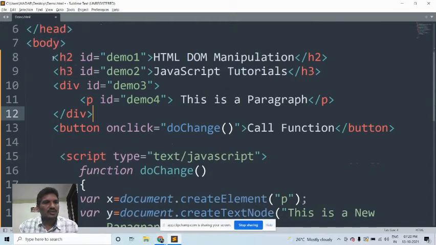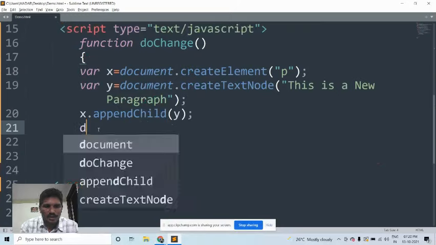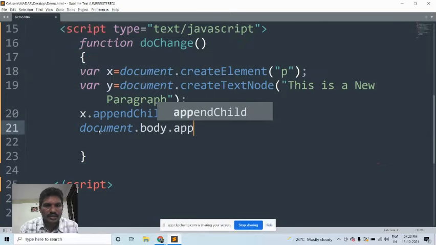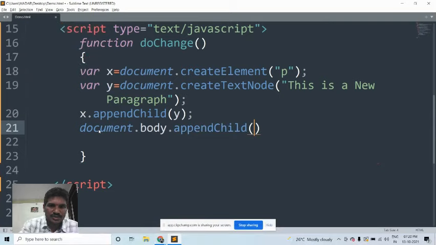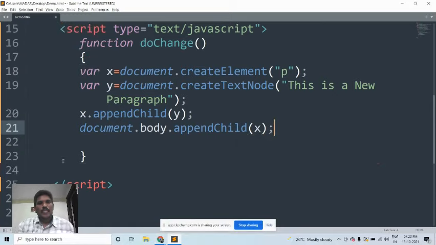You can add it anywhere within the body. Then I would like to add it with document dot body dot appendChild of x, the node we want to add within the HTML document.